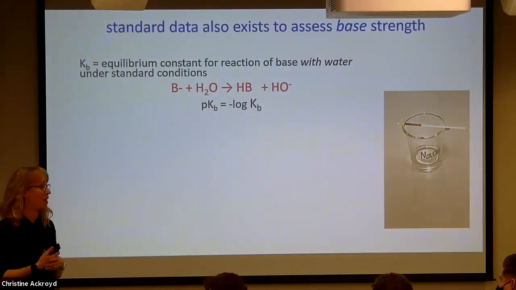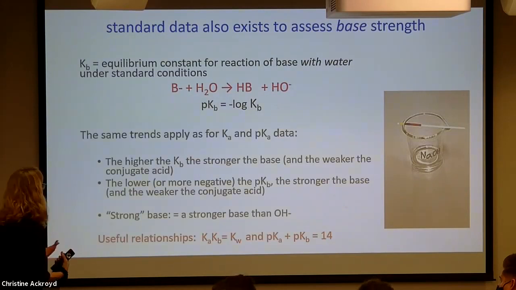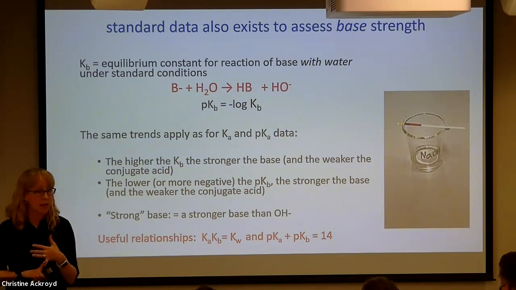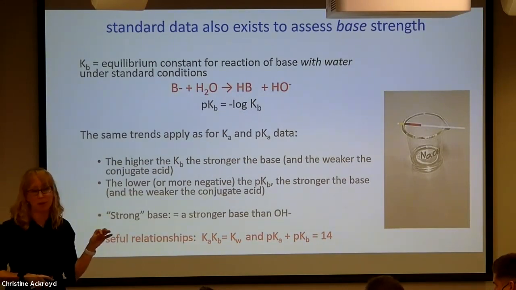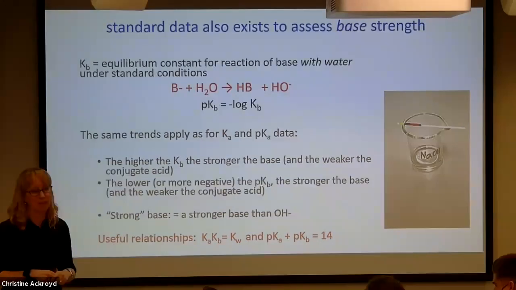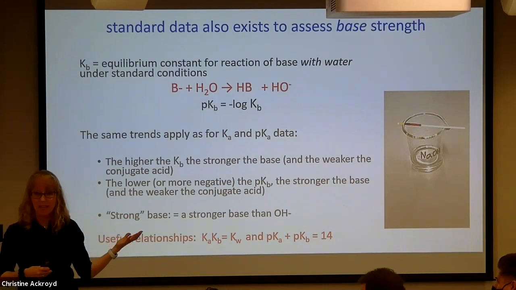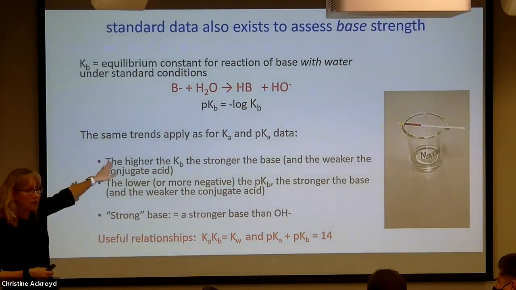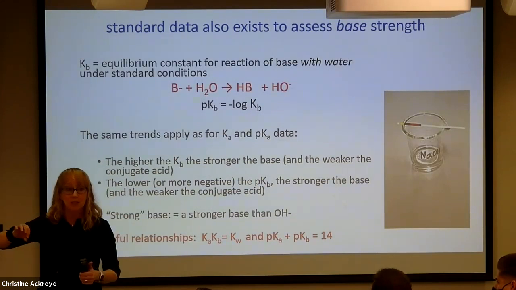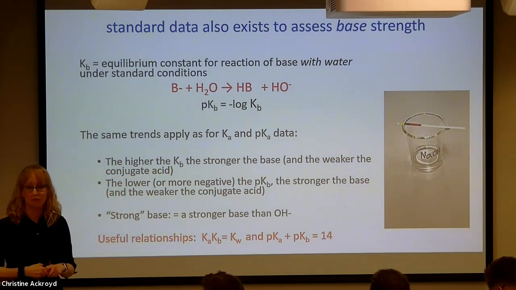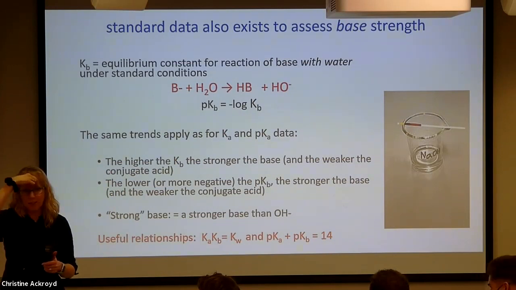Okay, so we have this Kb value, right? Tell your neighbor what kind of Kb values a base would have, a strong base and a weak base, and what Ka and Kb values that would correspond to for their conjugate acid. Remember, acid strength and conjugate base strength are related, right? So that means Kb values have to be related to the Ka values of their conjugate acids. A lot of crinkled brows here. It's a lot of connections, right?